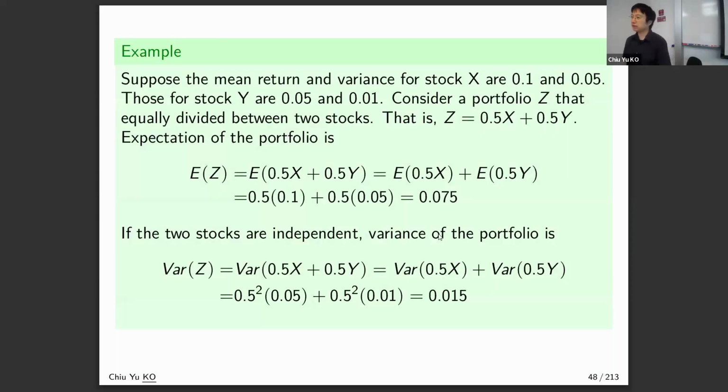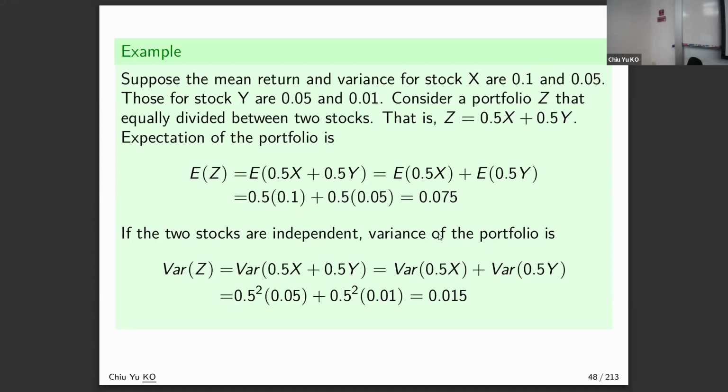Okay? I'm not going to talk about that because it would be beyond the scope of this class, because they're investment classes, right? So I just give you some idea of the portfolio, just a little idea, okay? So I have stock X, okay, and stock Y, okay? Stock X has a mean return of 0.1, variance 0.05, okay? And Y has mean 0.5 and variance 0.01, okay? Now, how do I get these numbers? From historical data, okay? That is how you get the 0.1 and 0.5 from historical data. And then you want to look at the